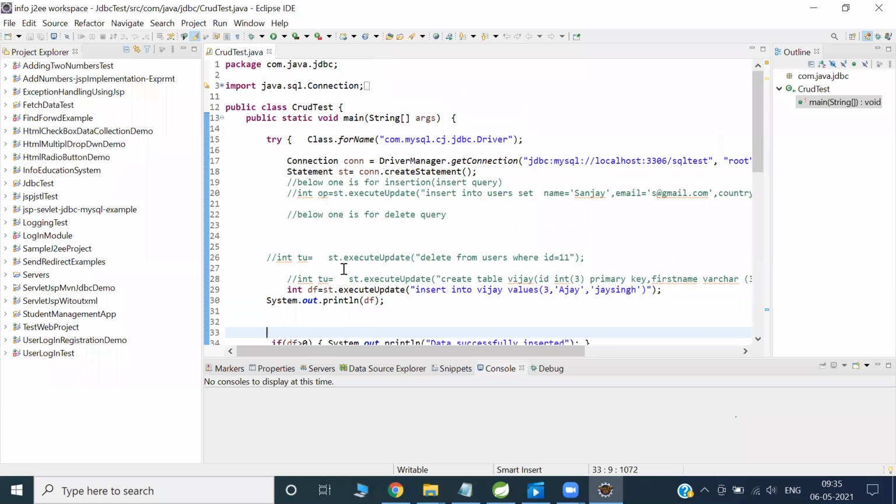To get a connection, you have to register the driver, because this driver contains everything. So you have to add the jar file and write these lines of code to register the driver. This is for MySQL. For Oracle it is a little different, but the style is the same.